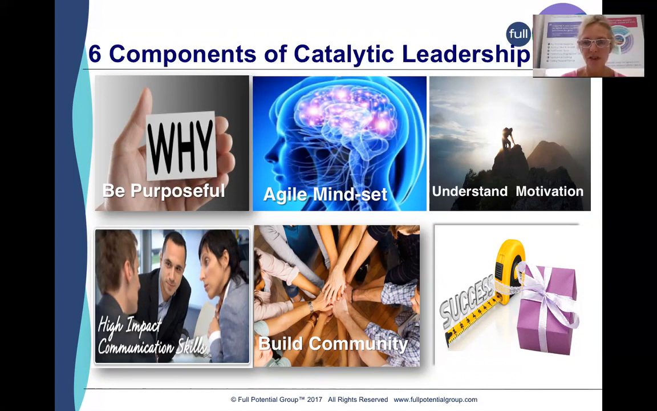And in research that we've done over the last 12 months, these are the 6 key elements that have been coming out of it. What makes a leader catalytic, have an impact, be a change agent, is they're very purposeful and they've got a really powerful why. And I know Sue's going to talk about that in a minute. But they've also got an agile mindset. So they're very good at rewiring their brain, and equally they can help other people rewire their brain and use neuroplasticity